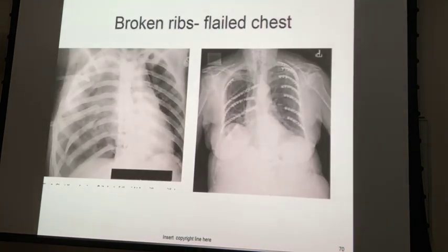So broken ribs, flailed chest. Again, what we've got here is a fracture here, a fracture there, another one here, another one that looks like there, and here. So he's got no structural integrity on that side at all. This patient looks like they probably have bilateral flailed chest. Most of the time you don't see any kind of plates and screws in